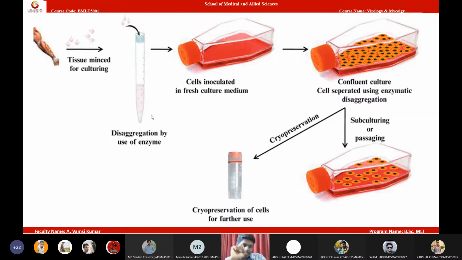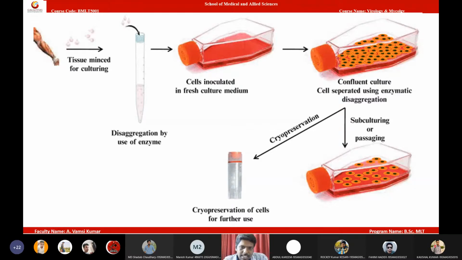We will get the cells. Now these cells will be suspended in a culture medium. This culture medium has all the ingredients essential for a cell to grow. That means it has glucose, and whatever our blood is composed of, we try to mimic the same composition inside this flask. So in this flask, we keep the medium and introduce the cells. Upon introducing, the cells start growing inside the flask. There is a specific name for this flask, I forgot. It is a cell line flask or cell culturing flask.